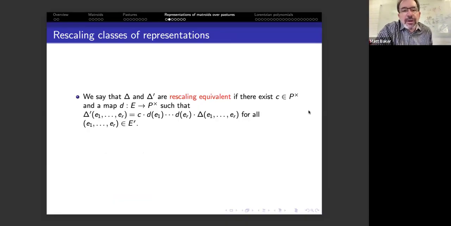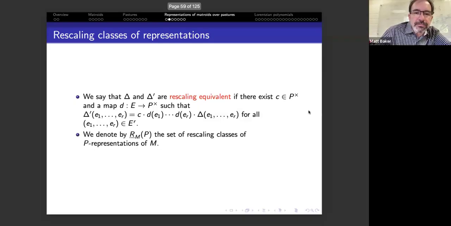It's a more flexible notion of equivalence that makes more things equivalent. But the intuition here is simply, on the level of matrices, what we're doing is saying, besides elementary row operations, there's another thing that doesn't change the matroid, which is rescaling individual columns. Right? So if I multiply some column of a matrix by something non-zero, it obviously doesn't change which columns are linearly independent. And if you allow independent scalings for each column, it has this effect that I'm writing down on the determinants. And those of you that are familiar with matroid representation theory know that this is a good thing